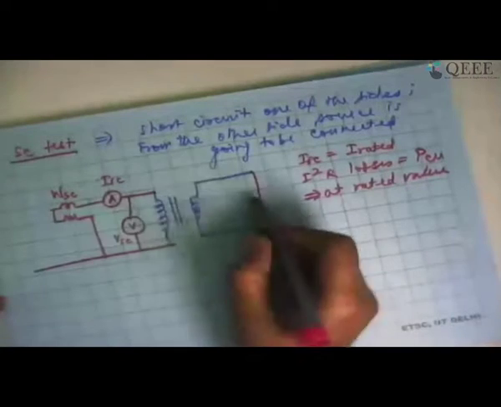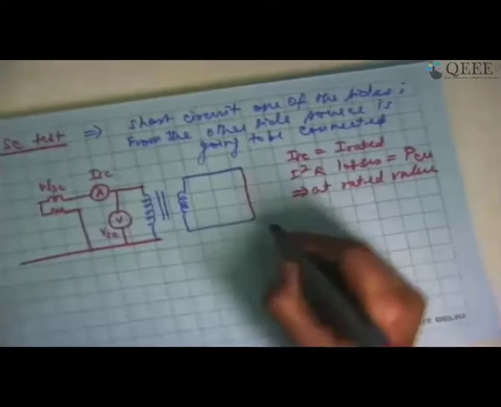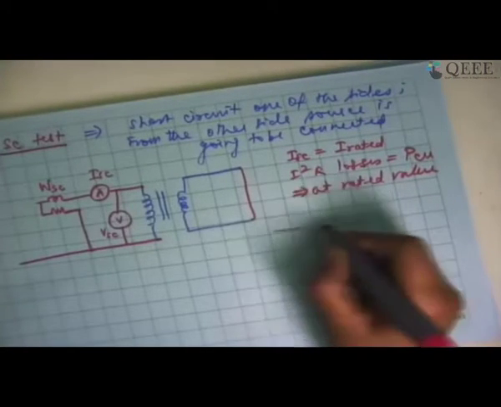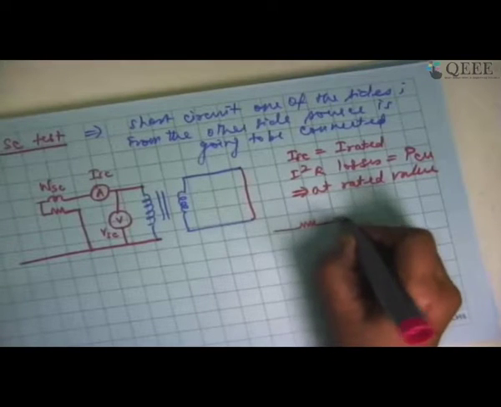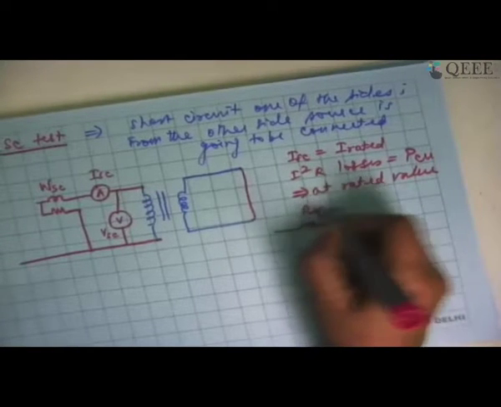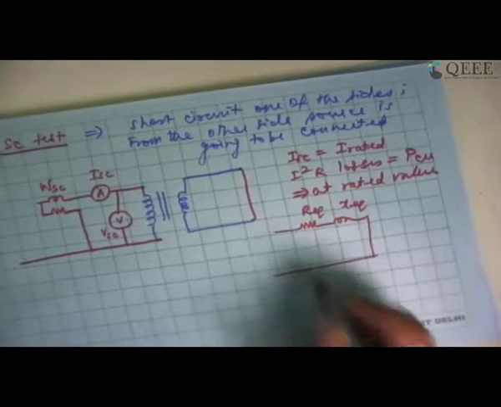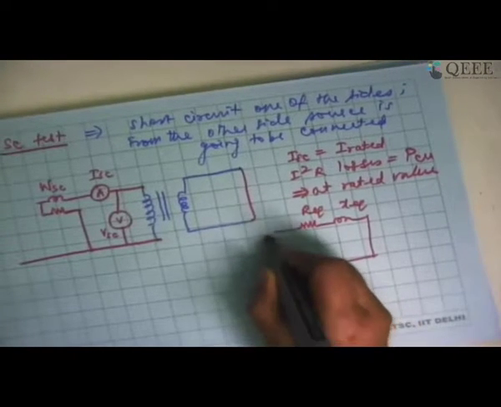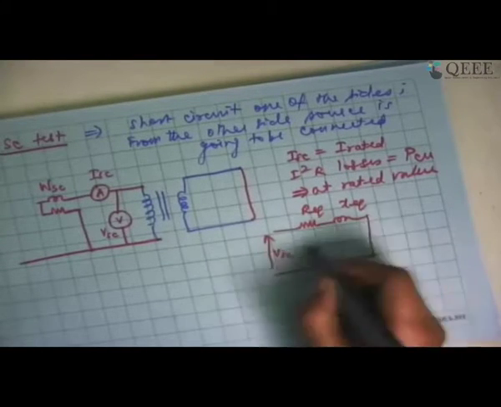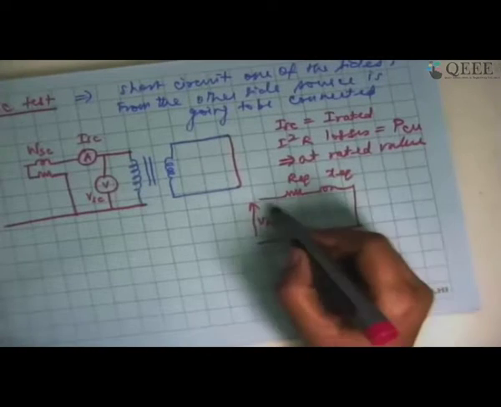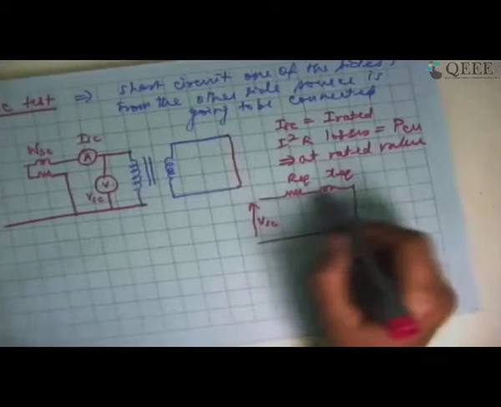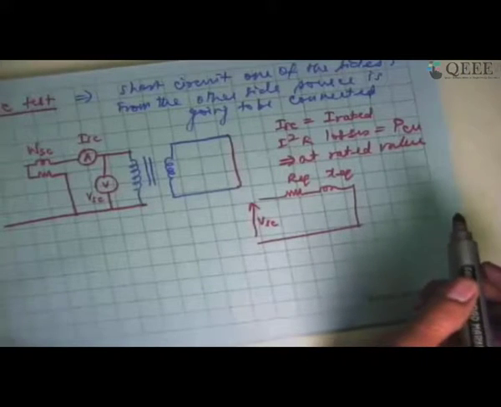So obviously if I short circuit the secondary side of the transformer, think about the equivalent circuit. I'm going to have R equivalent, X equivalent, and I'm going to short circuit the secondary. And here is going to be my voltage, what I am applying. Forget about the parallel branch, because parallel branches generally are not going to take more than 5% of the current. So 95% of the current or more will flow through this R equivalent and X equivalent.